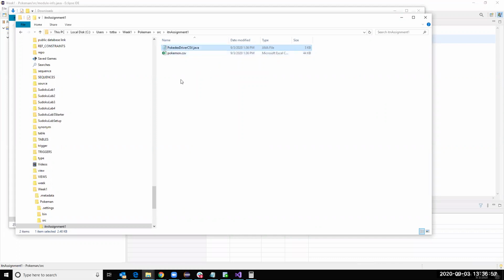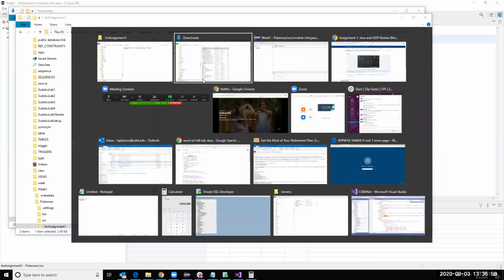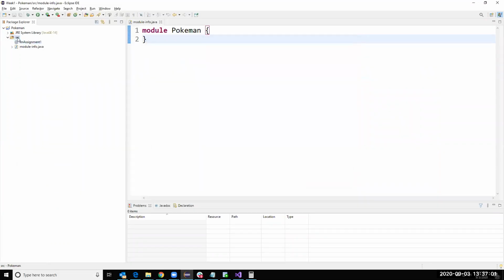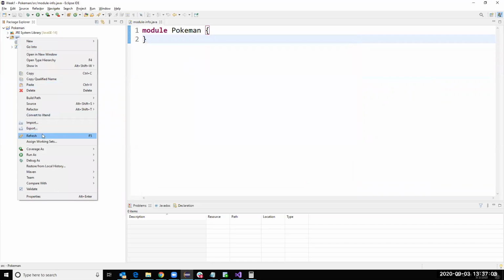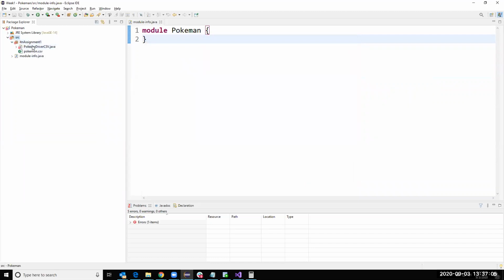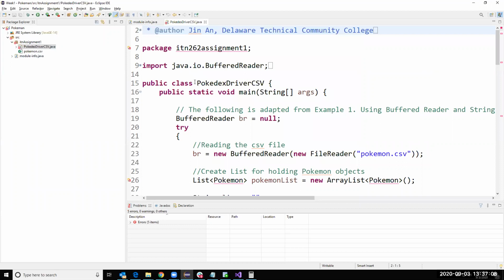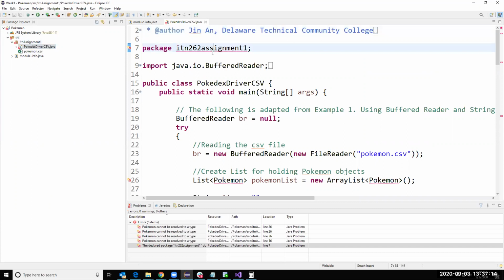There's a couple different ways to get there. I just cut and pasted them. Eclipse is smart enough to know once there's a file underneath the directory that it'll see it, right? So here's your Pokédex driver. Of course, I got the package name difference. So let's just do this. I'm going to take this